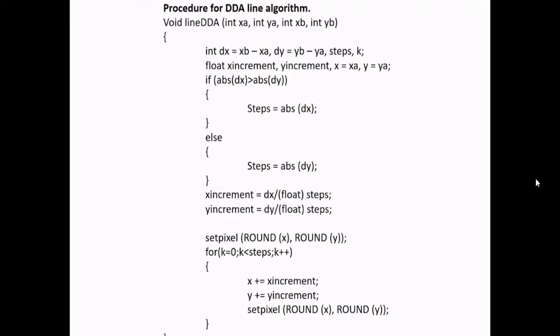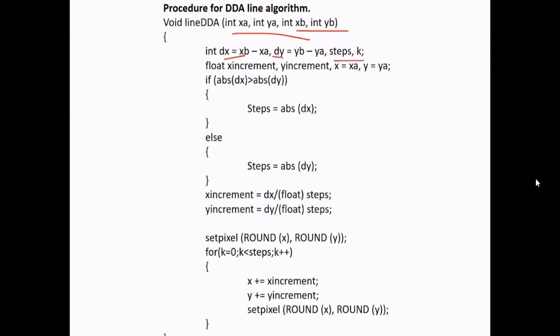I hope that this is visible to you now. What it says is we have to start with the very first thing that we have, the start and end points, that is x1, y1 and x2, y2. We can call them xa, ya, xb, yb, and something like that. You can program it. The initial thing is to calculate delta x and delta y.